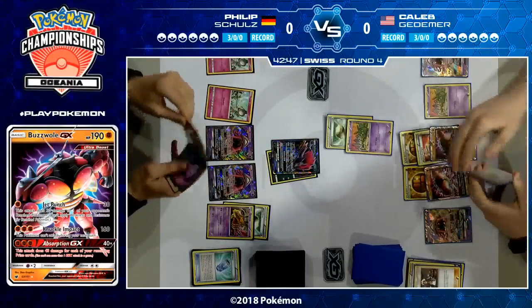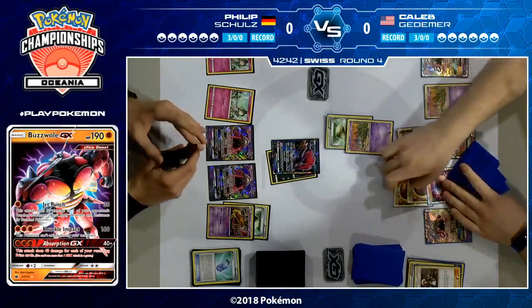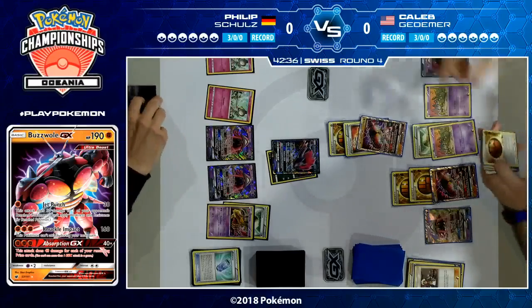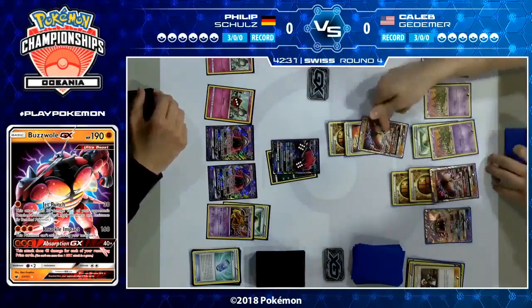And here I think finally he's got a Guzma. He can go into the Buzzwole and put a lot of pressure down onto that Zoroark GX. Yeah, this is a very strong play. He's going to be able to get, I believe it's 120 damage onto this Zoroark here. Which is not too shabby. Yeah, that works out very well. And also